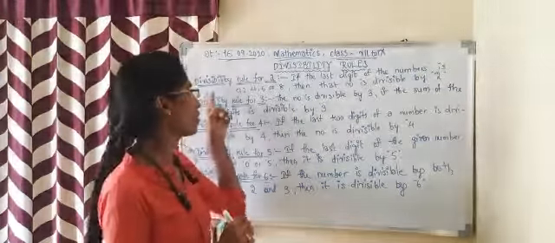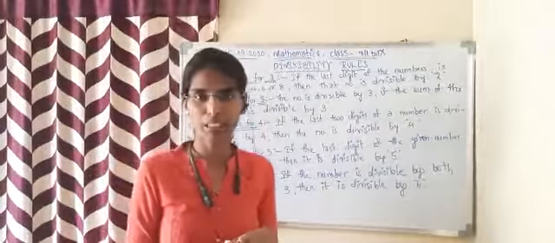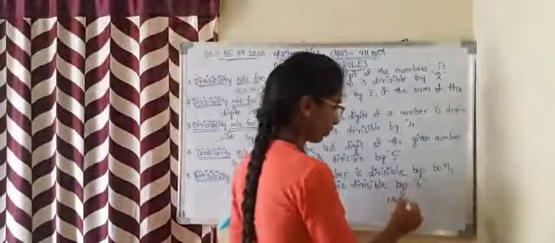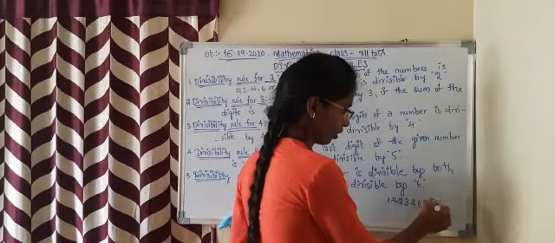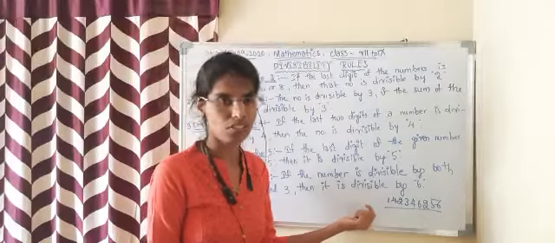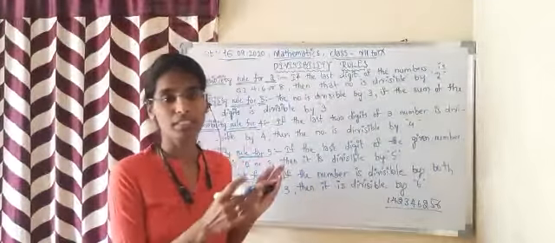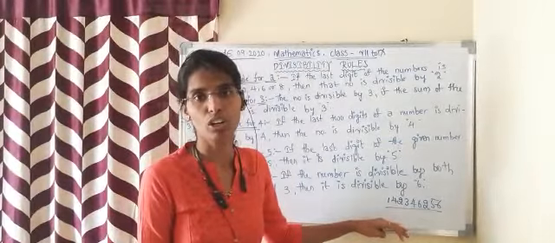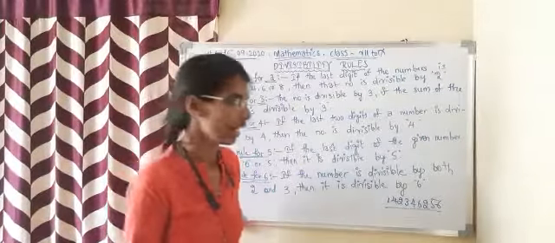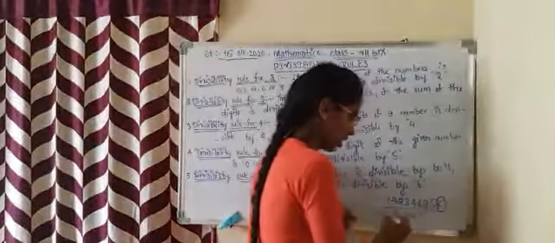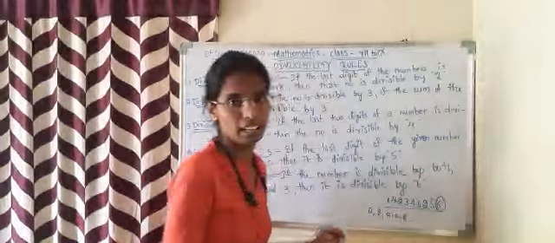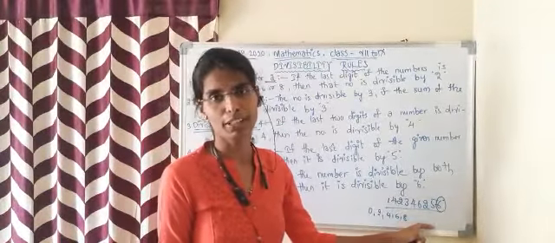First one is the divisibility rule for 2. If any bigger number is given, for example a number in lakhs or crores, and they ask us whether it is exactly divisible by 2 or not, instead of doing the whole division, we can simply say it is divisible by 2. How? If in a number the last digit is 2, 4, 6, 0 or 8, then that number will be exactly divisible by 2 for sure.